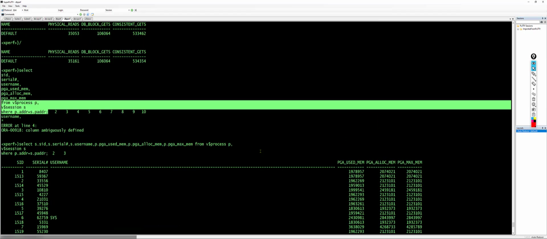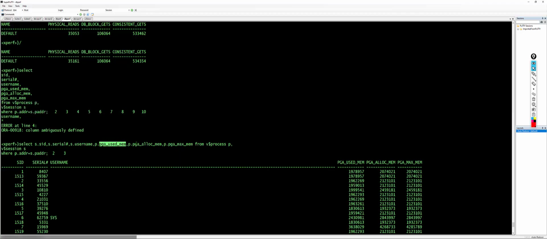Okay, so this is also a useful query where you can check how much PGA memory is being consumed by each and every session. PGA used is the amount of PGA being currently used. PGA allocated is the allocated memory for that session, and PGA maximum is the maximum memory used by the session. So allocated memory is the memory allocated for that particular process. Out of this allocated memory, how much memory is used,